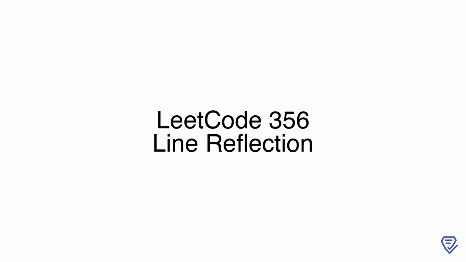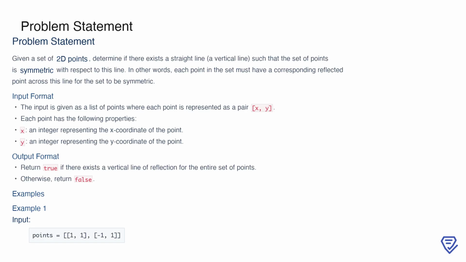Welcome! In this session, we'll tackle LeetCode problem number 356, line reflection. Our goal is to determine whether a given set of 2D points is symmetric about a vertical line. Let's dive in. In this problem, we are tasked with determining whether a given set of 2D points is symmetric